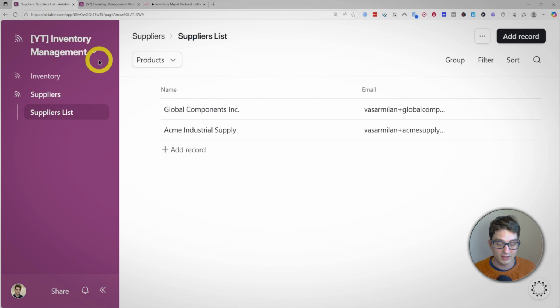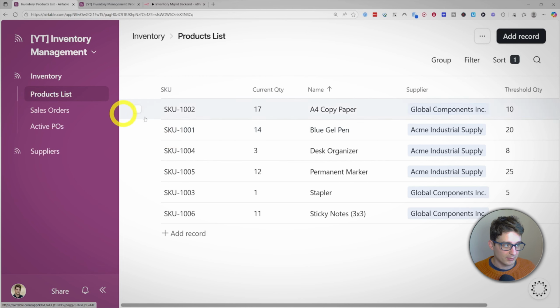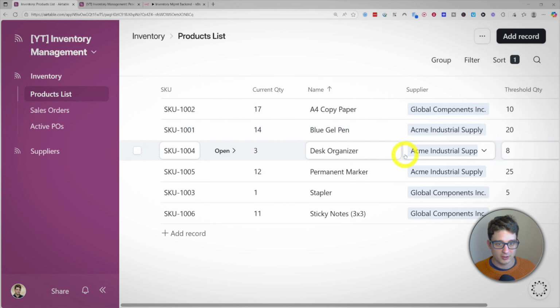So as I said before, we really want to show the operational people only what they specifically need to see and what they need to be able to edit in the specific process, which makes everything faster and also minimizes the possibility of errors compared to if they have to, or we have to, edit the tables directly. So usually this is more streamlined, and we have a supplier and a product table here